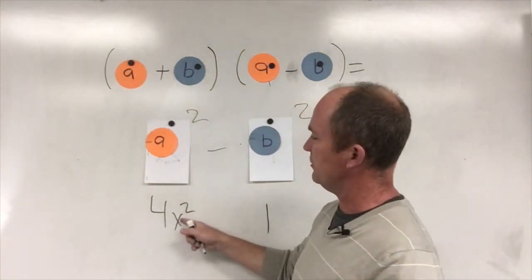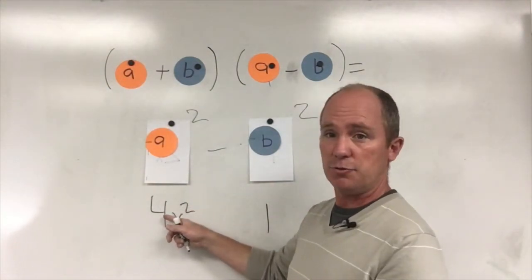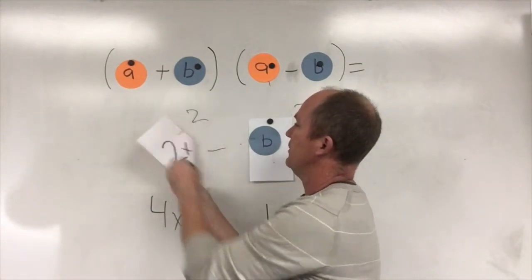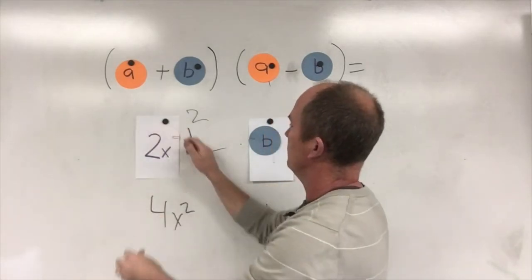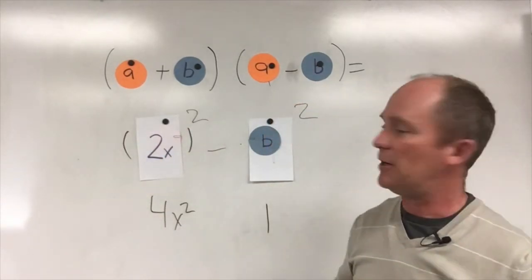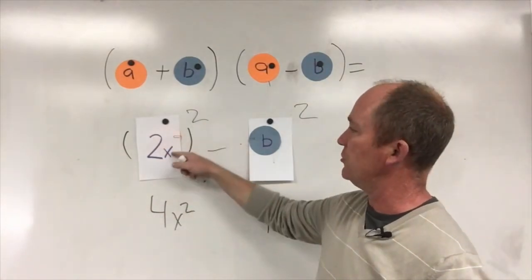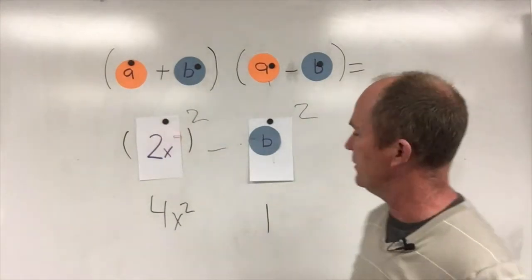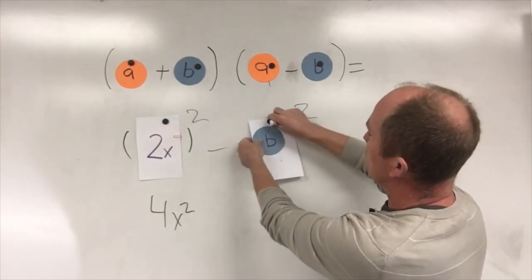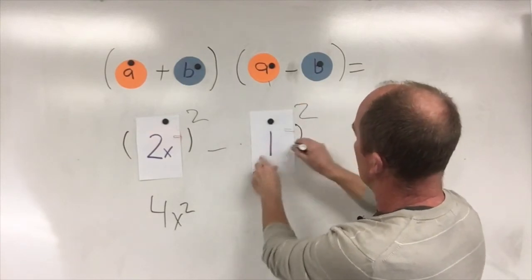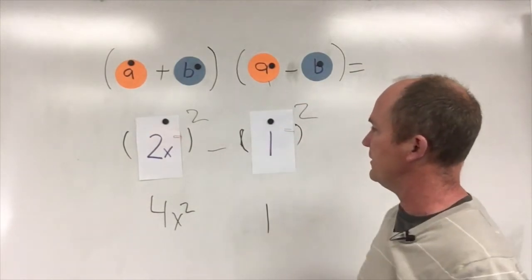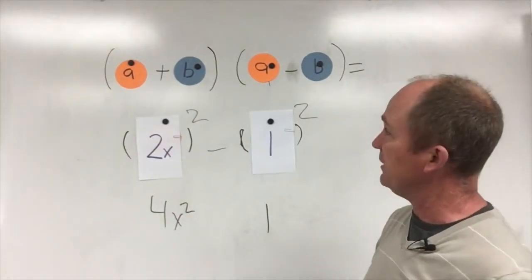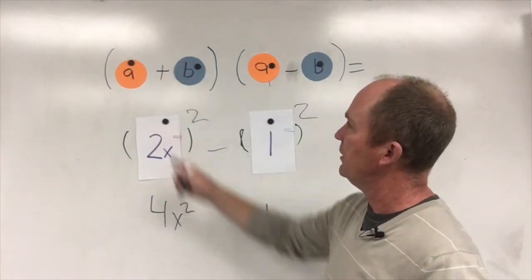So we take a look. 4 could be written as 2 squared, and x squared is x squared. So I can think of A as 2x to the second power, because if I have 2 2's, that's going to be 4. If I have 2 x's, that's my x squared. So that's my first instinct, and this is my A. For B, I'm trying to figure out what times what is 1. Well, I can write that as 1 squared. So again, with 1 squared, I can set this up where 2 times 2 is 4, my x squared. Now I can go backwards and fill these in appropriately into this original FOIL that I did,